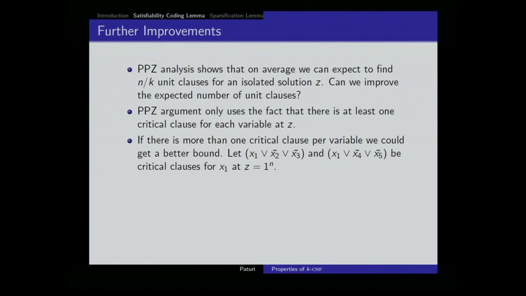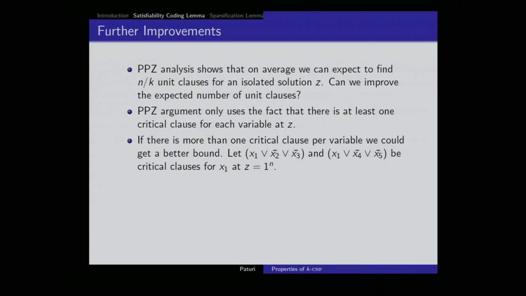In which case, let's take the example. Let's assume that our satisfying solution is 1 to the n. That means the critical clauses will have a particular format. One literal will appear positively, the remaining literals will appear negatively. Because for the critical clause to be minimal at that point, it should be 1 followed by a bunch of zeros. So the critical clause will look like that.